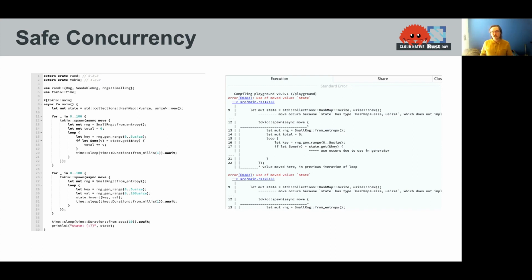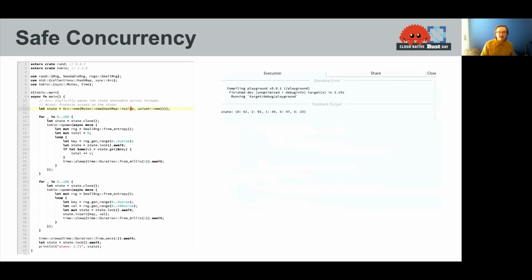And so this idea of a borrow checker is really an ownership model for who owns memory, or what code is responsible for it. It means that I can't even compile this code in Rust because it's unsafe. The access patterns are unsafe. And so to fix this, I actually have to go and put a mutex in. This is the same fix effectively that should exist in the Go code, but the compiler enforces it in Rust. When I add the mutex, everything works as you'd expect, which is great. Rust has made my program more safe without even writing tests.